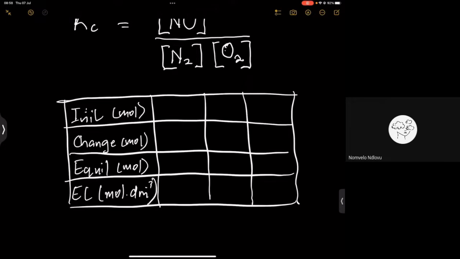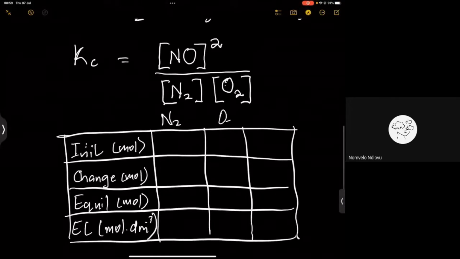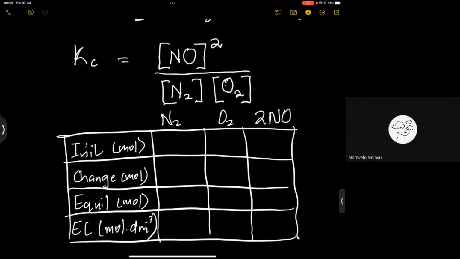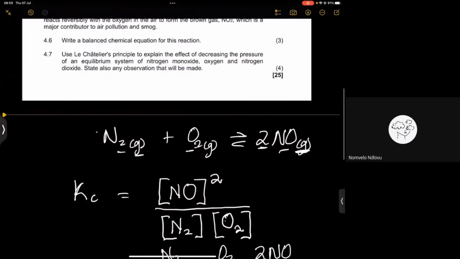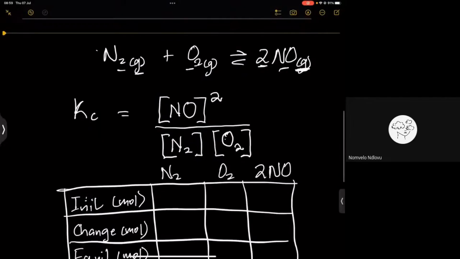Now remember, what did we have? We have N2, we've got O2, and we've got 2 NO, right? Now they said to us, initially we had 4.5 times 10 minus 3 of each, oxygen as well as